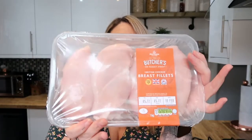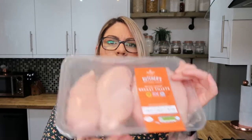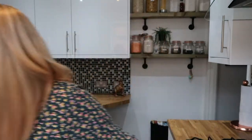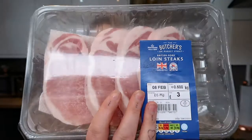So I got a pack of chicken breasts, 4. So this is going to be a meal when my stepchildren are here, so 4 of them. I've got some pork loin steaks. Now this isn't something that I would normally buy, but like I said, there's quite a few things in this haul that I haven't had before, but that's because I'm trying loads of new recipes. So I think this is like a pork and apple tray bake,